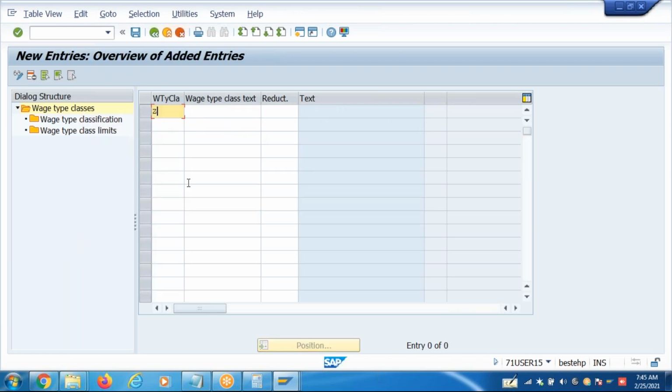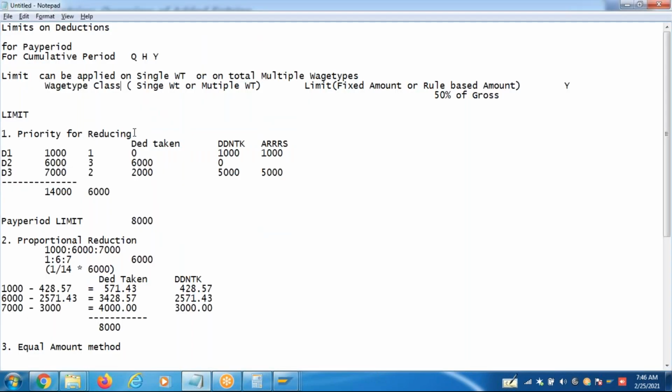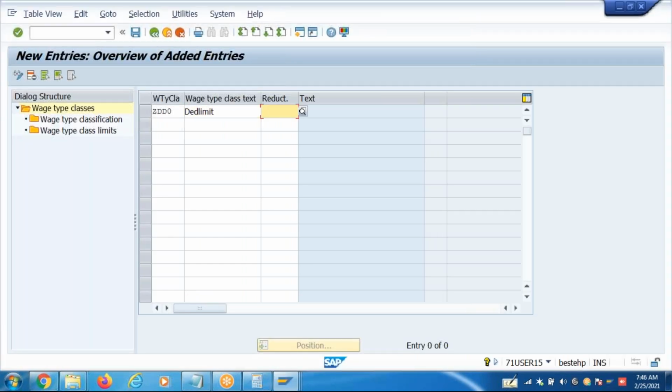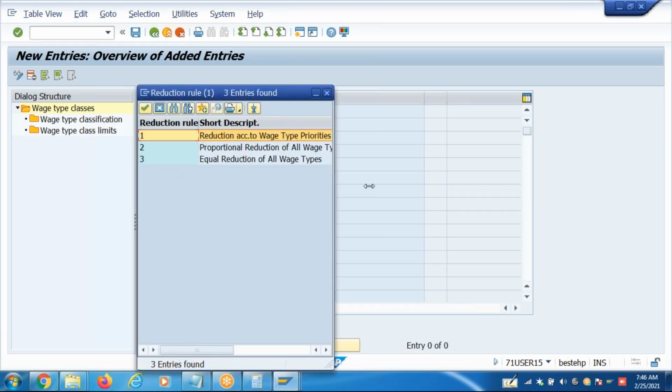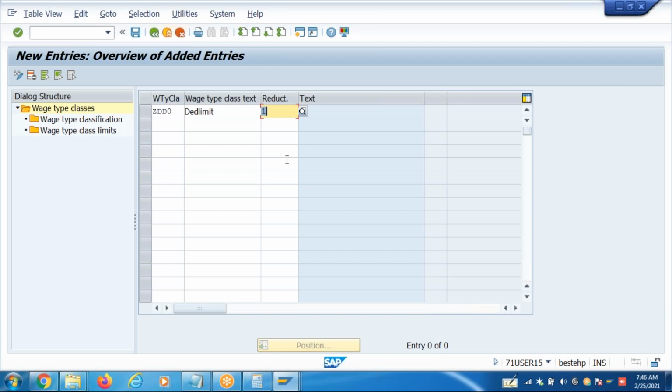So Z deductions, deductions limit. So I explained 3 methods here, right? Priority wise reducing, proportional reducing, and equal amount reducing. Which method are you using to reduce these deductions? First, I'll show you the priorities method.